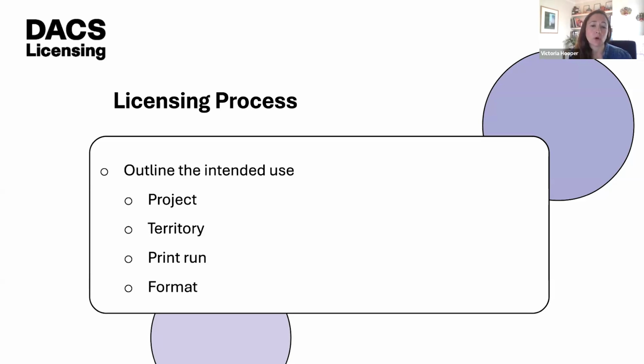Where possible, for a smooth process, I'd recommend avoiding cropping, overprinting, and manipulating the work, as it can cause a bit of a delay to getting permission granted. But generally speaking, from our perspective, if the work is used within a publication and it's shown in its entirety, we are able to clear the copyright within 2 days. So it gives you a bit of a steer as to the time it can take.